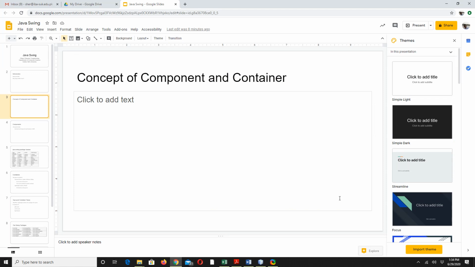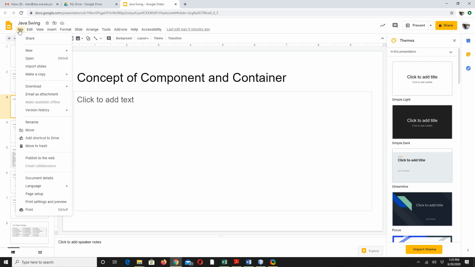Remember one thing, when you are having a graphical user interface, there are two elements which are important in any graphical user interface. One is component, the other is container. As their names suggest, components are small entities. They are actually units of a graphical user interface. For example, button is a component. For example, checkbox is a component. For example, radio button is a component. For example, this menu is a component, right?